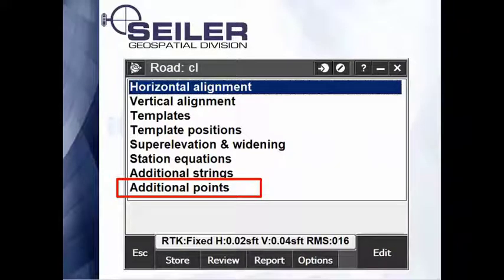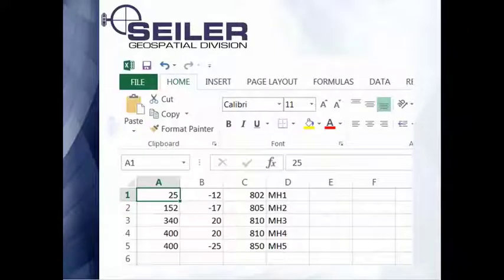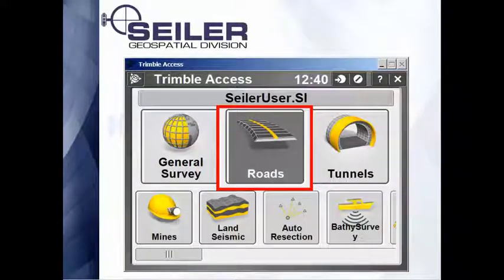Well, in the Define Roads feature of Trimble Access, there's a tool called Additional Points. All you need to do is, in the nice warmth and comfort of your office, type in a station, offset, elevation file or import it from another location and save it as either a CSV or a text file. Put that in your data collector's job folder, and then when you go into the roads module of Trimble Access,